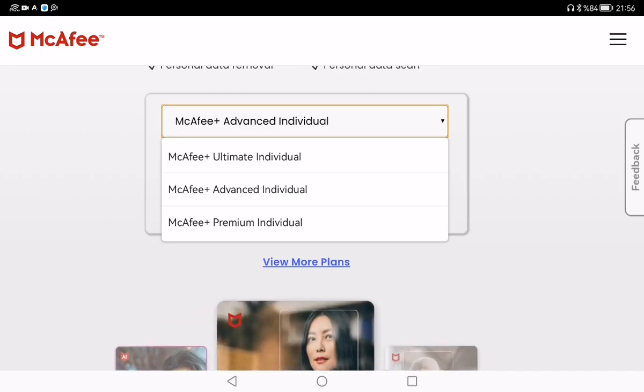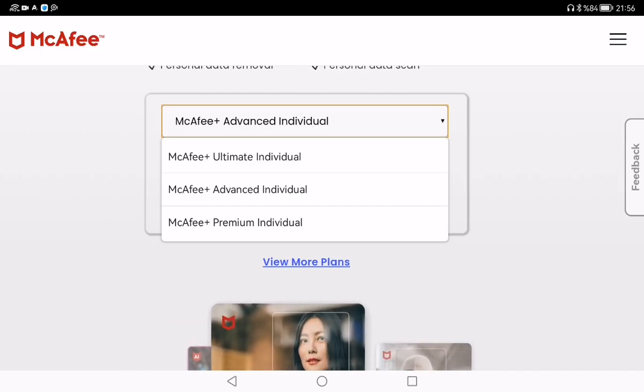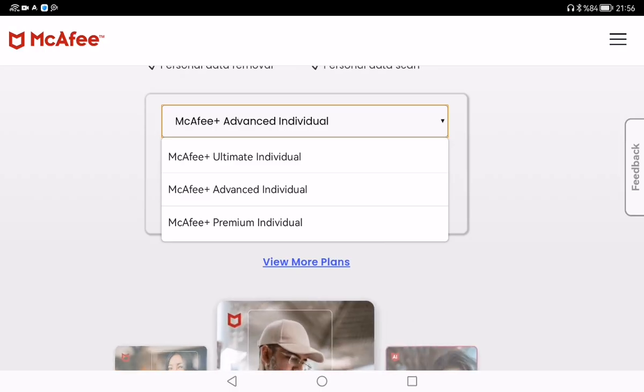And so there you have it, folks, a quick and easy way to get McAfee set up to keep your